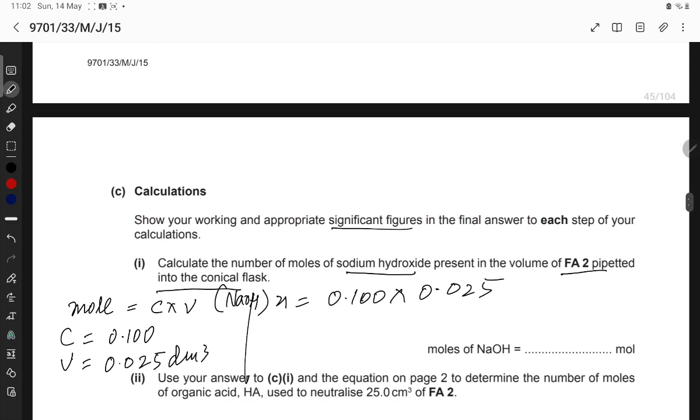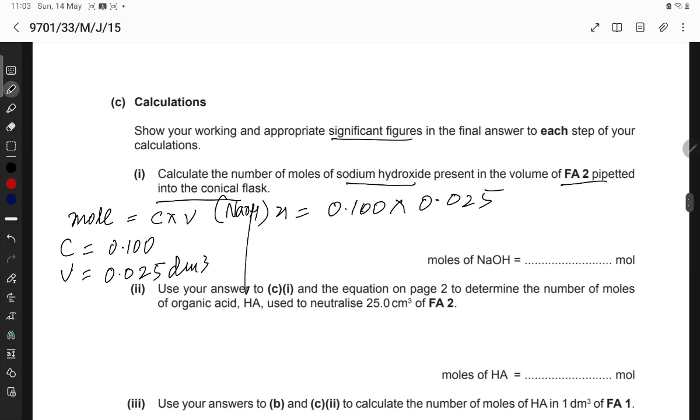Always mention which quantity you are calculating moles of. So the answer is 2.50 into 10 raised to the power of